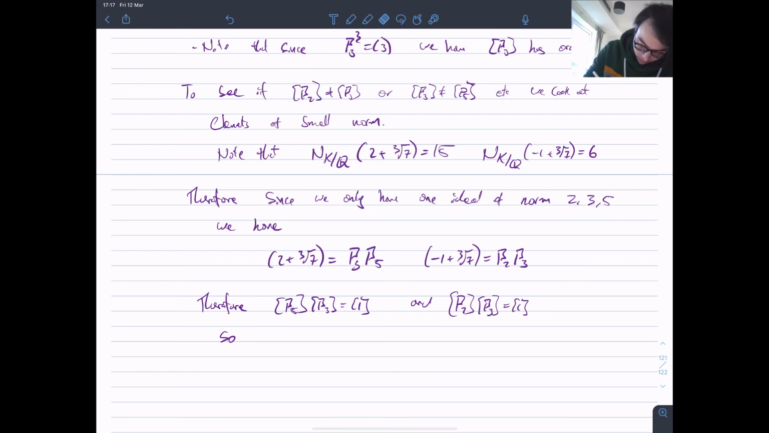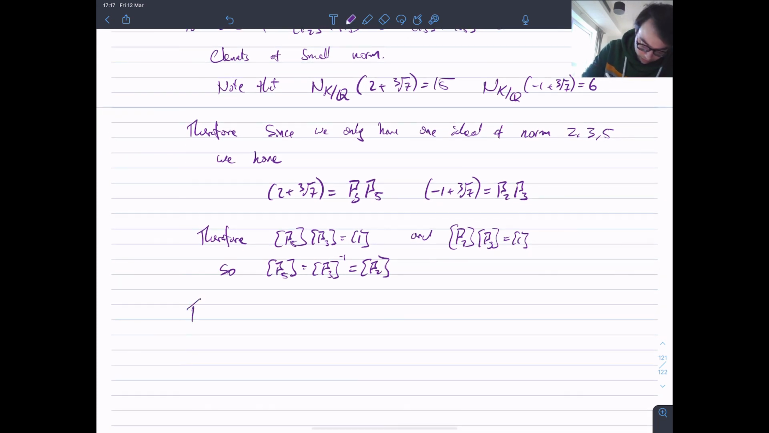Let me write these two together. I get the class of P5 the same as the class of P3 inverse, which, if you look on the other side, is the same as the class of P2. So these two ideals give me the same class, and it's the class of P3 inverse. Therefore,